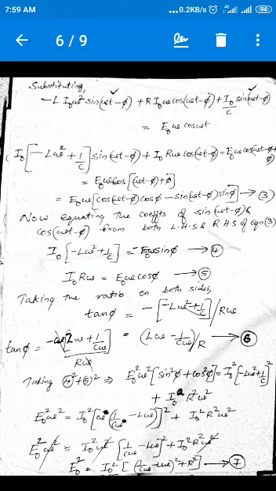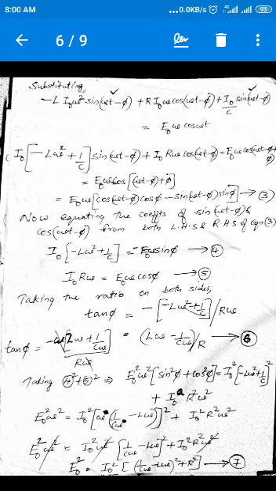For equating the coefficients of the cos(ωt − φ) term, on the left-hand side you have I0 R ω, which is equal to E0 ω cos φ on the right-hand side. So we now have equations 4 and 5. Now we just need to take the ratio, and on the right-hand side you will get tan φ, with the minus sign taken to the left-hand side. So we can take the ratio on both sides.